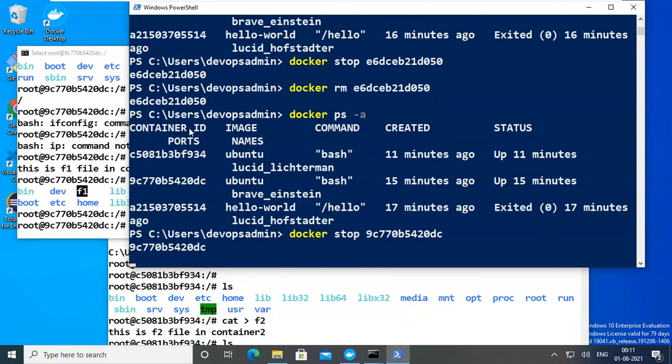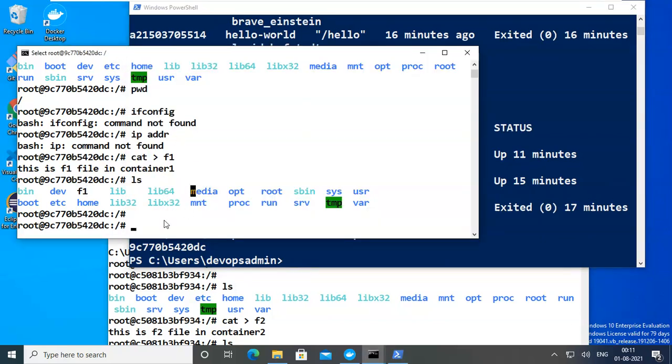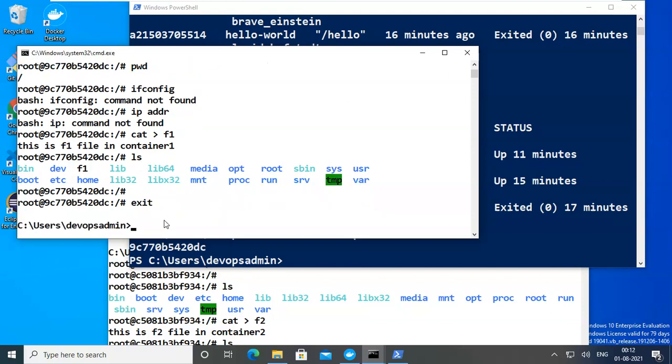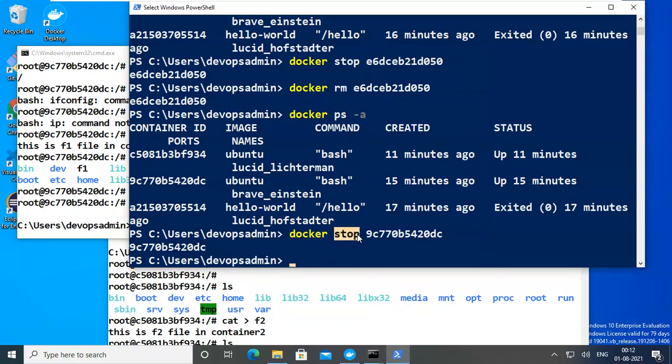It is stopped, and still it looks like a running prompt. It is automatically exited. I didn't do anything, I just put enter because it is not moving, and it shows directly that it is exited. When I stop it, the container automatically exits.